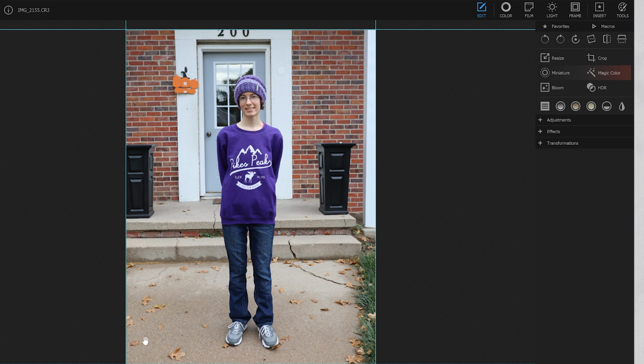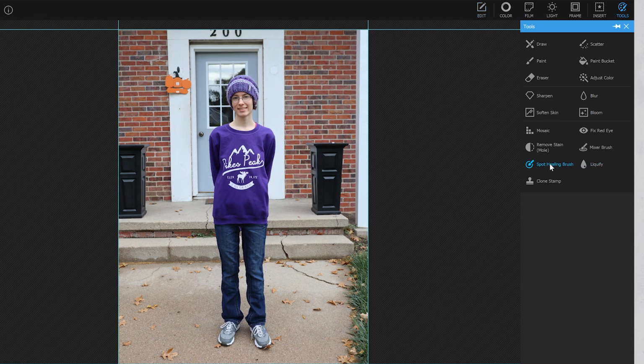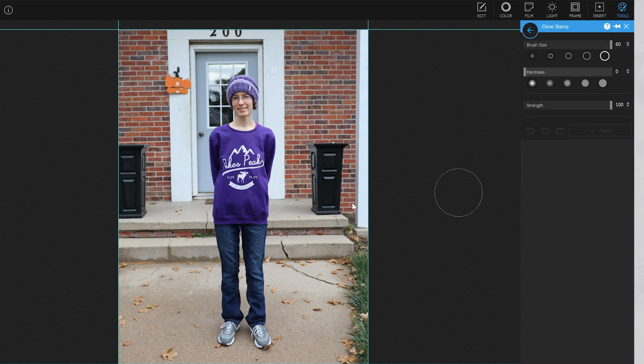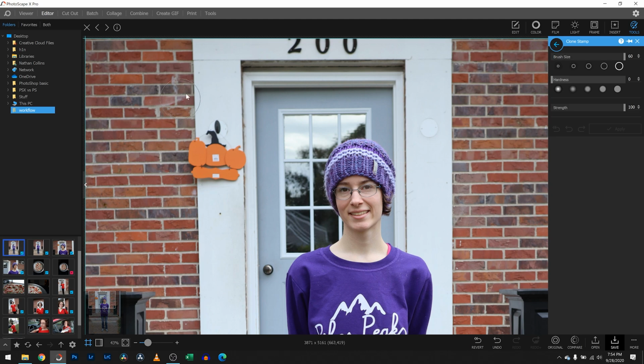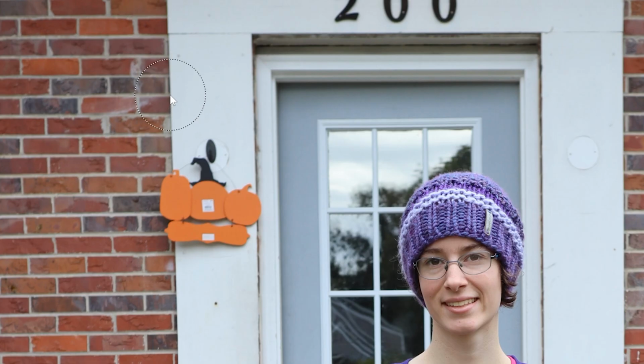Now, one thing that I'm going to do here for you guys is show you how to remove a few distractions. So I'm going to click into here and say, okay, I want to do some clone stamp removal. Or I could do the heal tool. Well, clone stamp will be helpful. This is why someone goes out and buys PhotoScape X Pro. They go and click something like this. I clicked on a line. I'm going to go down here, going to click kind of right in here. And sure enough,